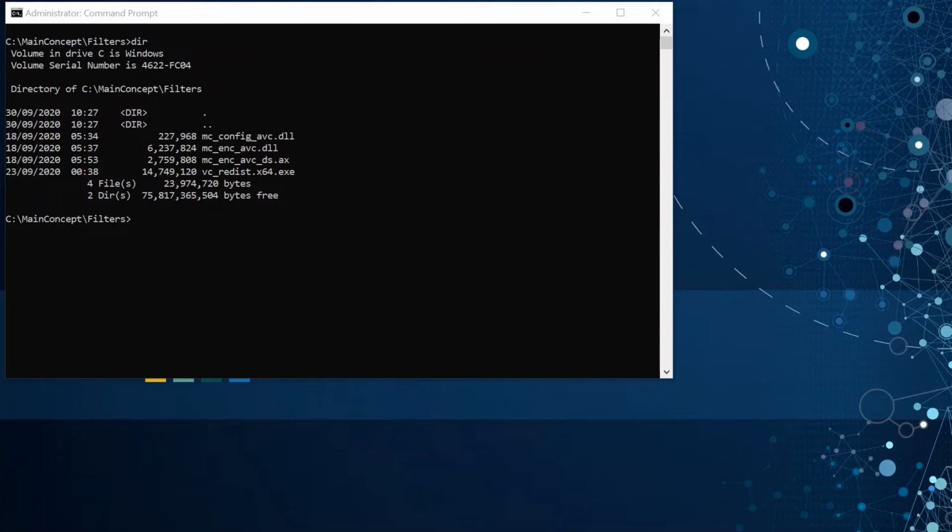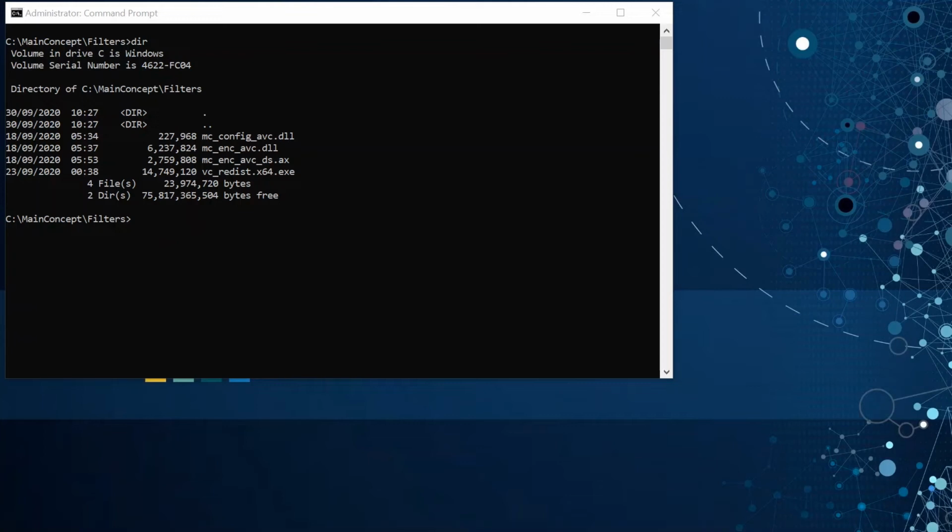Secondly, the registration is executed in the command prompt of the Windows system, which must have administrative privileges. The registration will not be successful if there are insufficient privileges. And finally, the filter I'm about to register is a 64-bit DirectShow filter, which can only be used by 64-bit applications, and will not be accessible by 32-bit applications. In a similar way, the 32-bit DirectShow filters can be accessed only by 32-bit applications and not by 64-bit applications. Now I'll show you how to perform this registration.